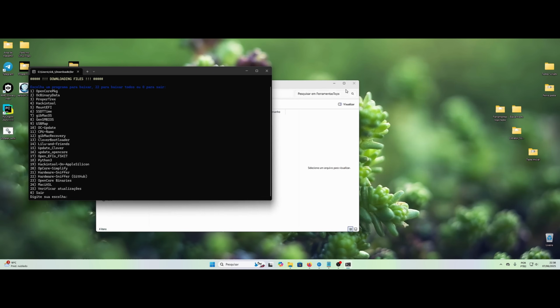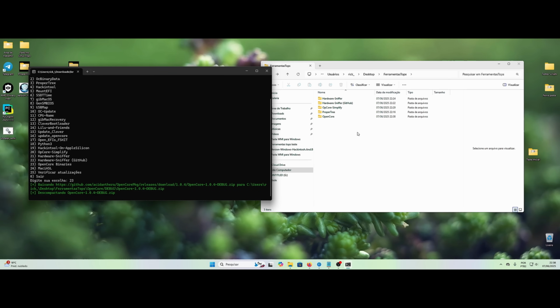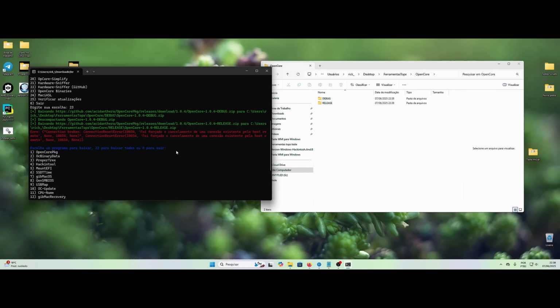Then you open the XZ for the first time from the TOPS tools. He no longer asks me to download the OpenCore binaries of OpenCore 23. There is the binary option. He's going to show up here for me. Oops, there was a connection error, but I think it downloaded, right?